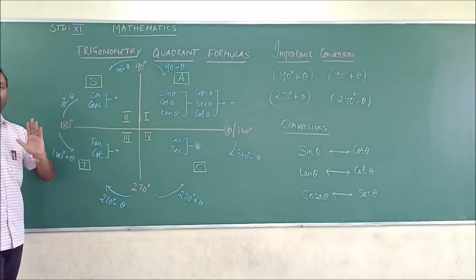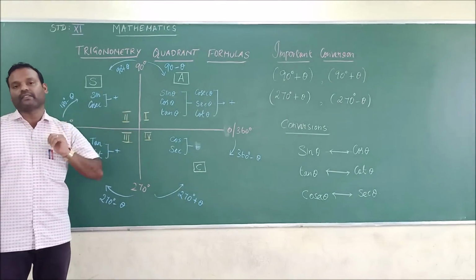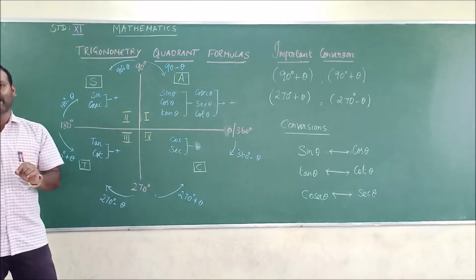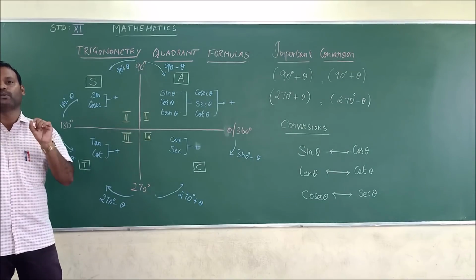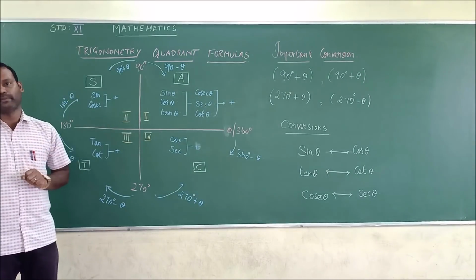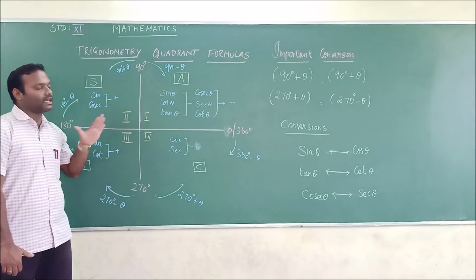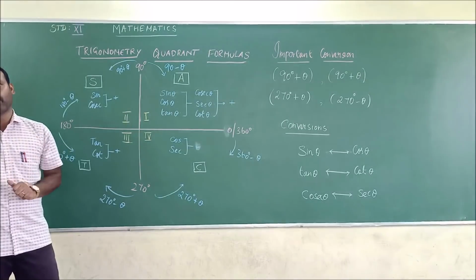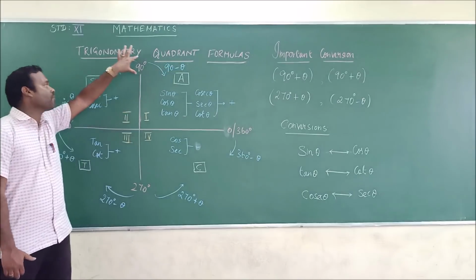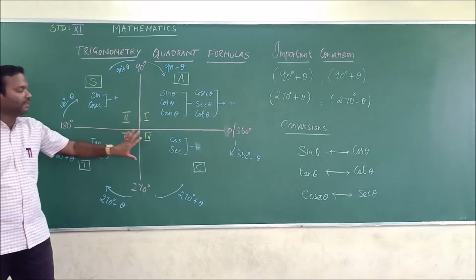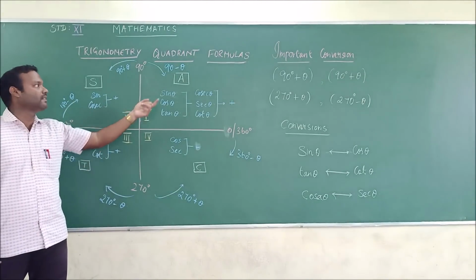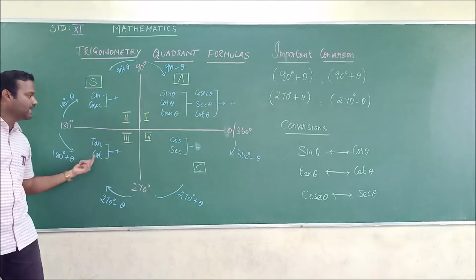Next, we are going to discuss the signs of the trigonometric functions in each of the quadrants. Sign means either it is positive or negative, plus or minus. That is the sign we are going to make use of. Depending upon the quadrant, the sign of the trigonometric functions changes. For that, you have to remember the letters A, S, T, C. To remember this word, you can make use of the sentence: all silver tea cups.